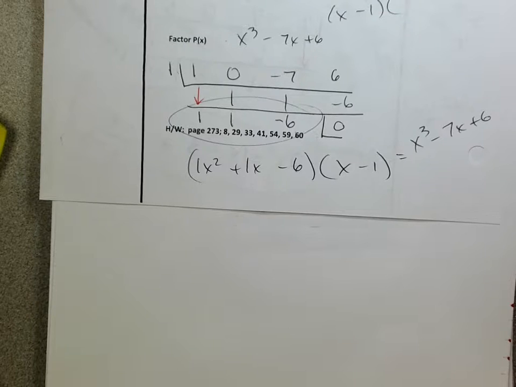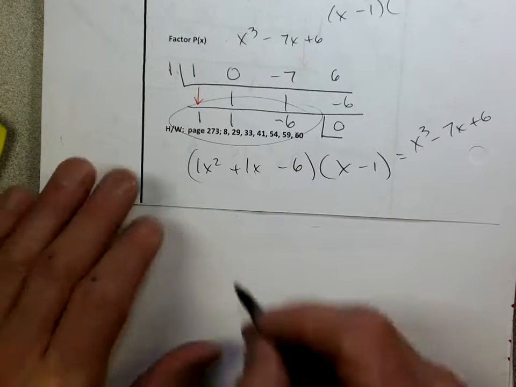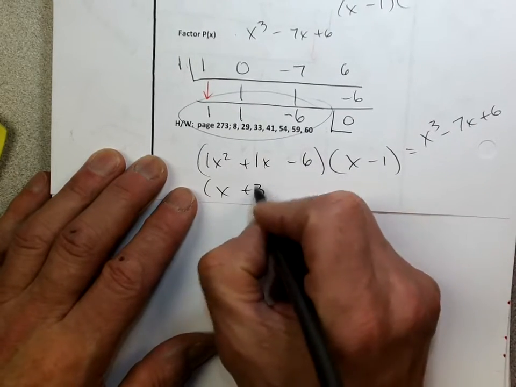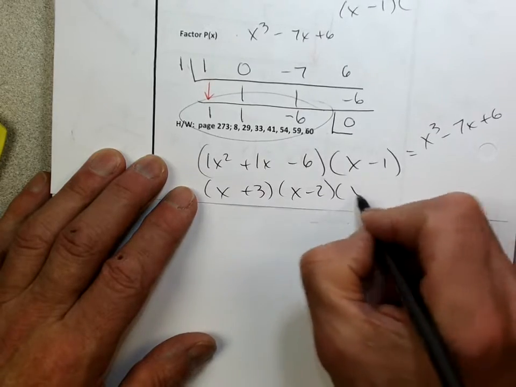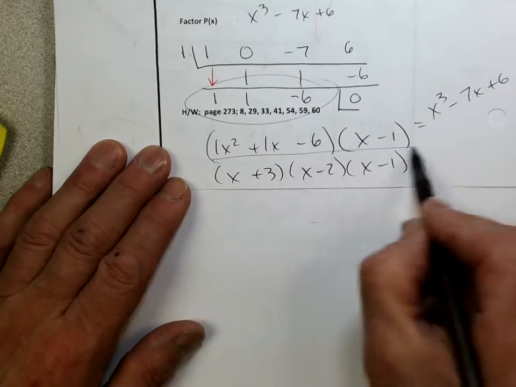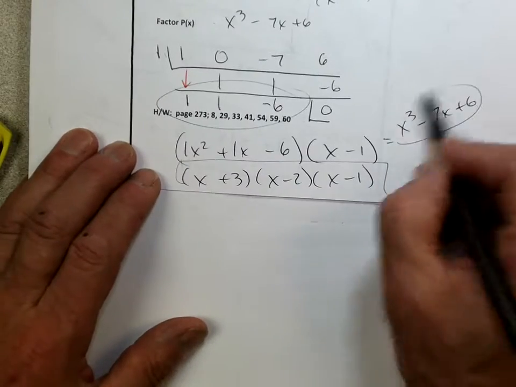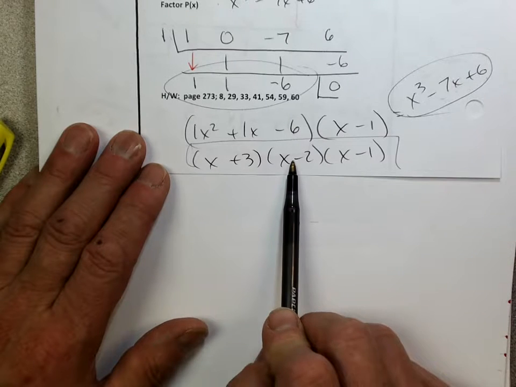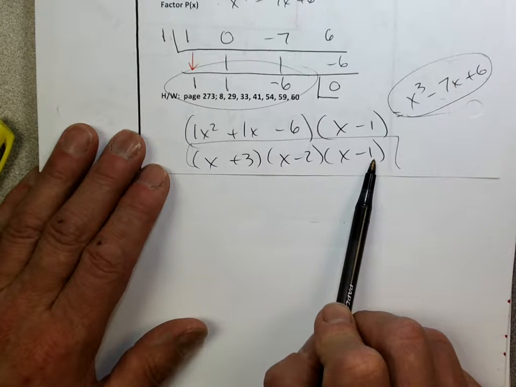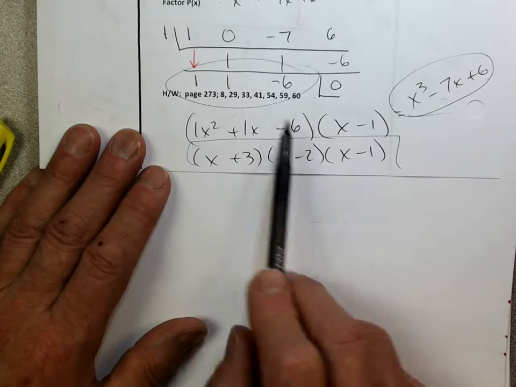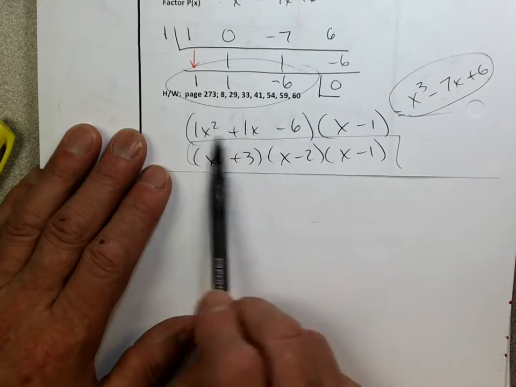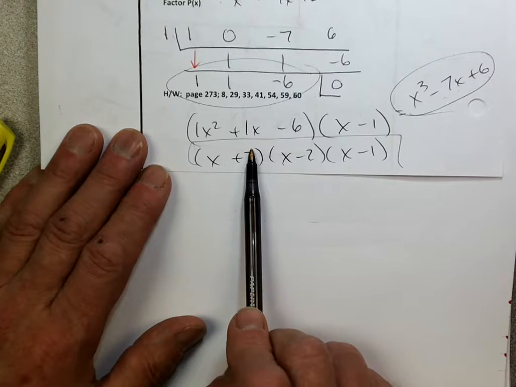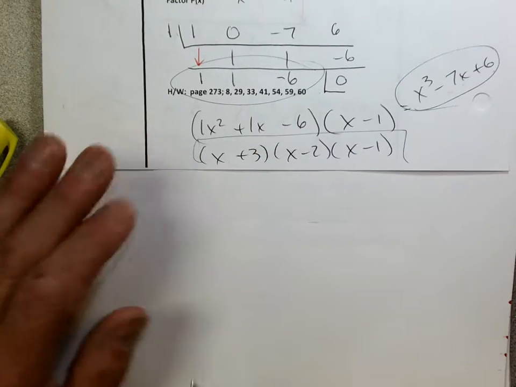So it's factored, right? I think it could be factored more. This is my x cubed minus 7x plus 6 has been factored into x plus 3, x minus 2, x minus 1. And the way I needed to do it was I needed to go ahead and use some synthetic division to get it down further to something that I can actually factor. Okay? All right. So,